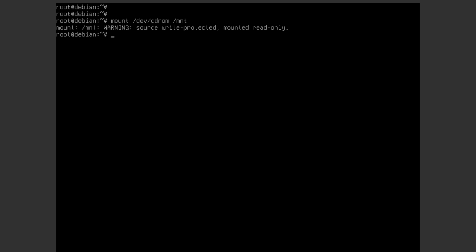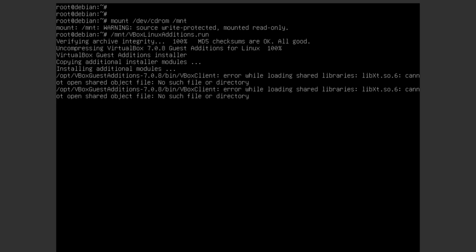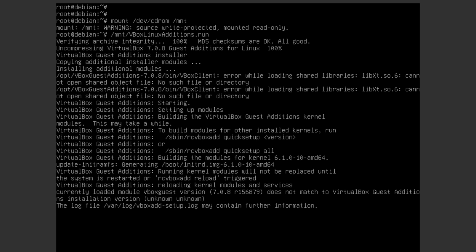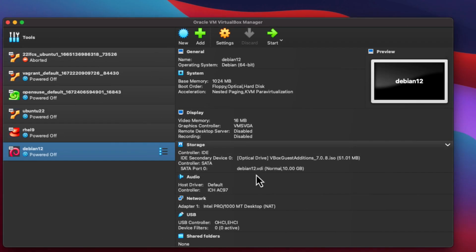From there, we can go through and run the installer /mnt and then VBoxLinuxAdditions.run, and then allow this to run through. At the end, it will say that it needs to be reloaded again, but of course the VirtualBox is going to be fired up every time, so I don't really need to do my reboot now. I just power off the machine and now I have built my template system.